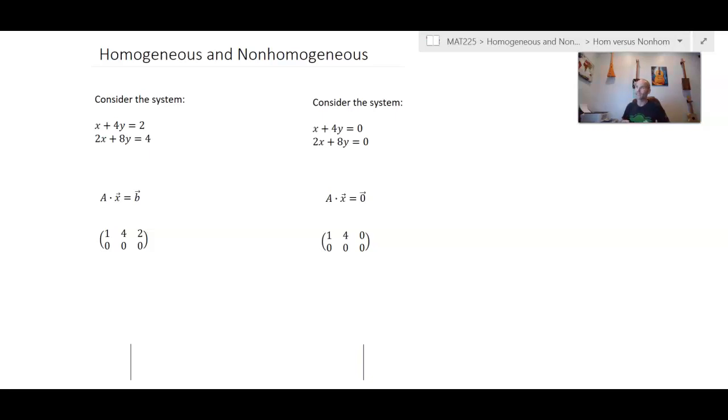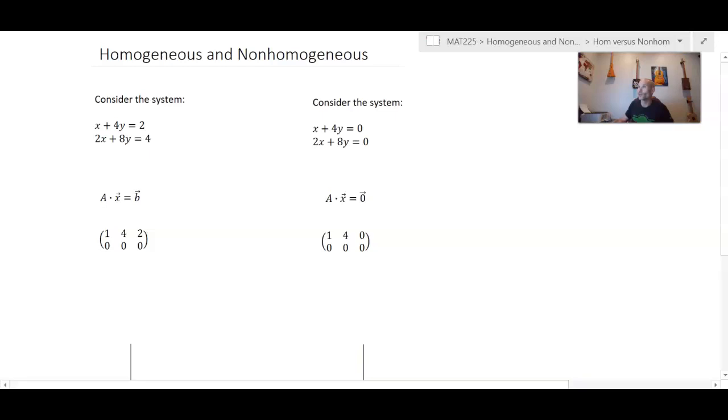We've begun studying solutions to systems of linear equations in this vectorized or parameterized form, and we have some idea what the geometry looks like. What I want to do here is compare two types of systems, non-homogeneous and homogeneous. So the system on the left, x plus 4y equals 2, 2x plus 8y equals 4, is